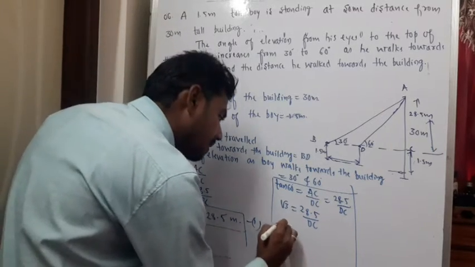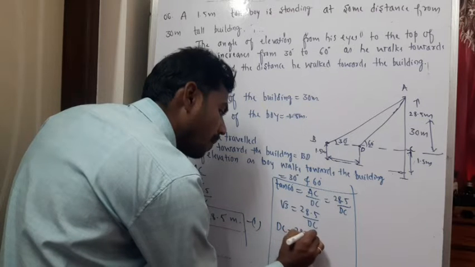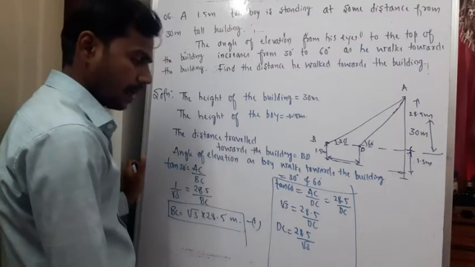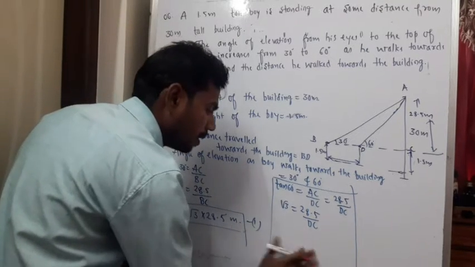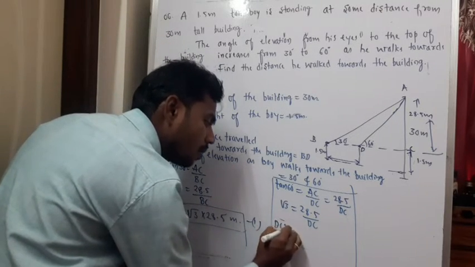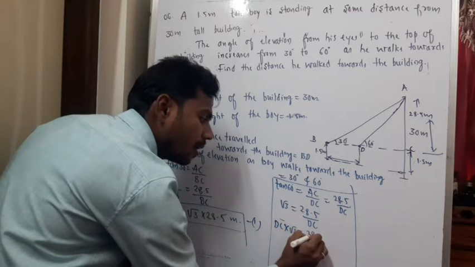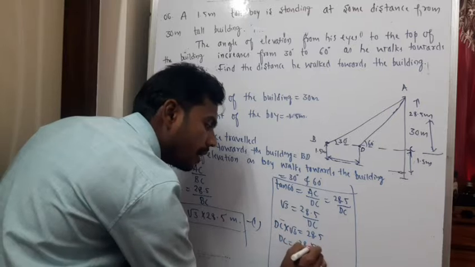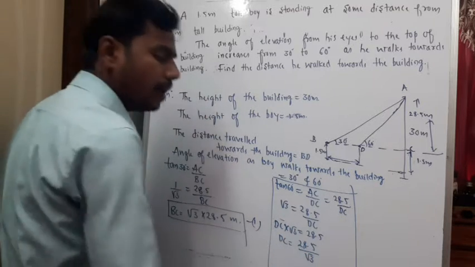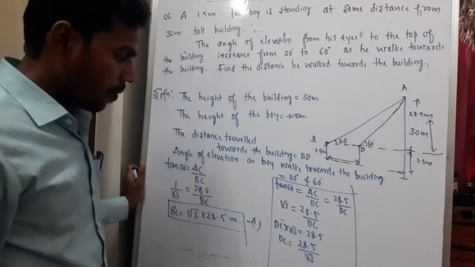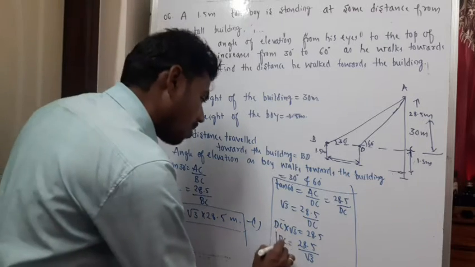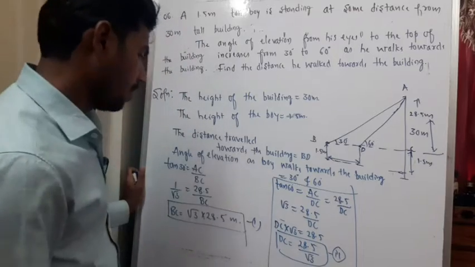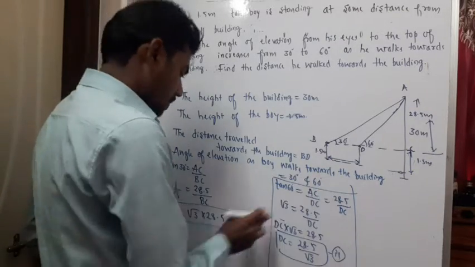So DC is equal to 28.5 divided by root 3. Yes or no? Or else we'll do one thing. Cross multiplication. DC into root 3 is equal to 28.5, or else DC is equal to 28.5 divided by root 3. Fine. Now if I call it as 2,